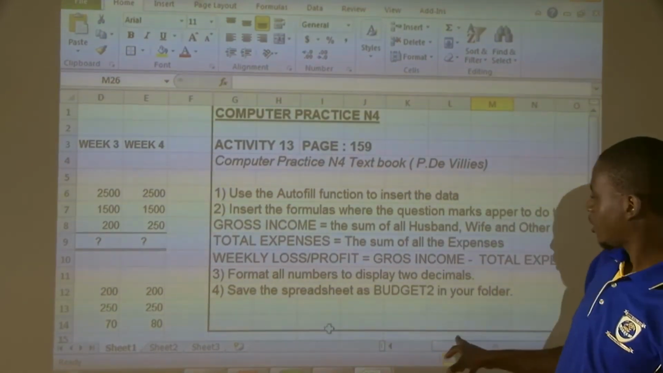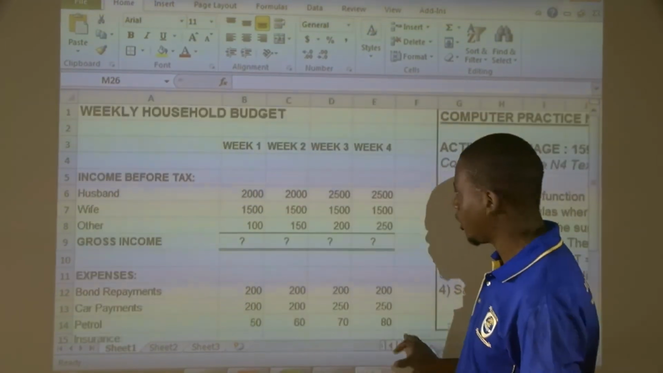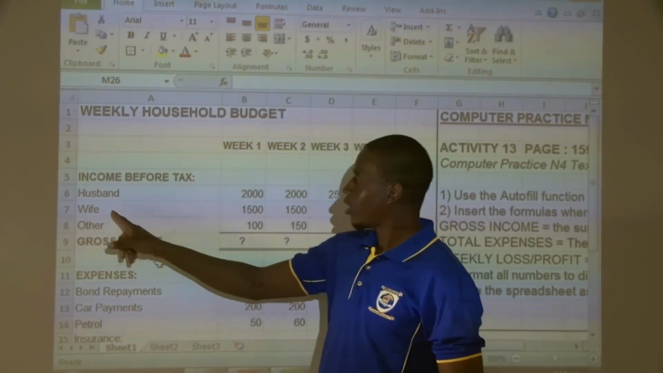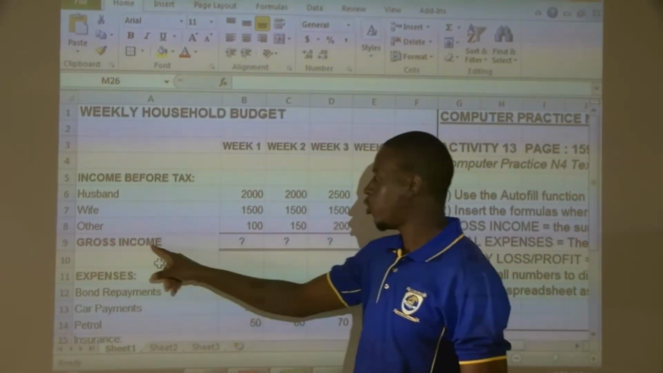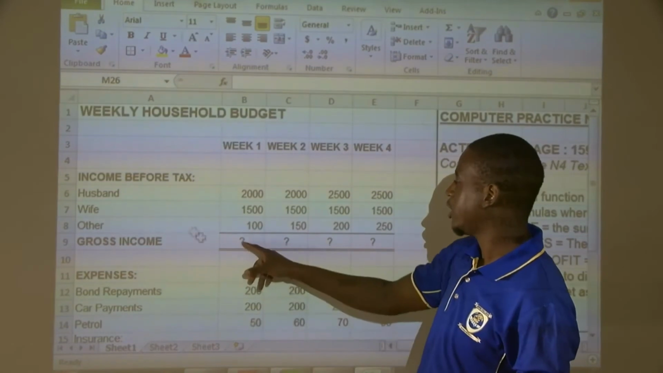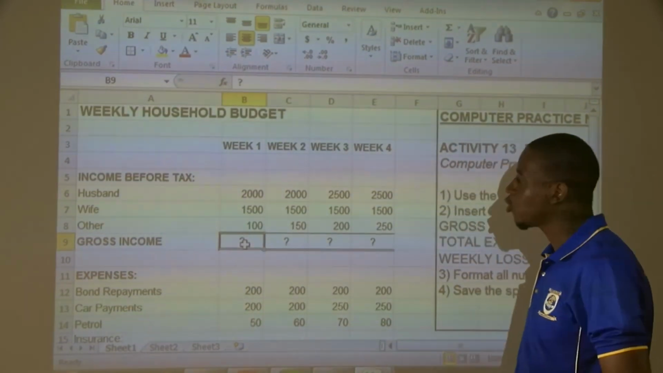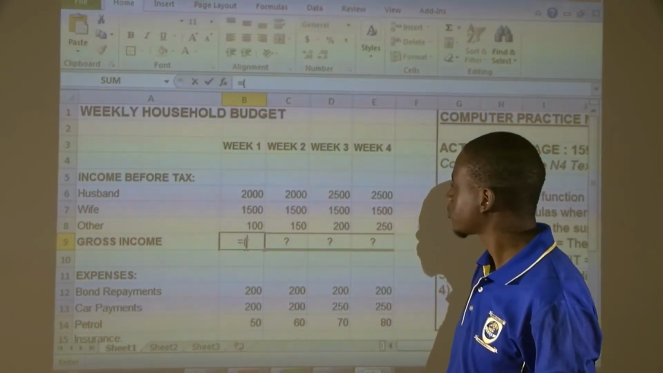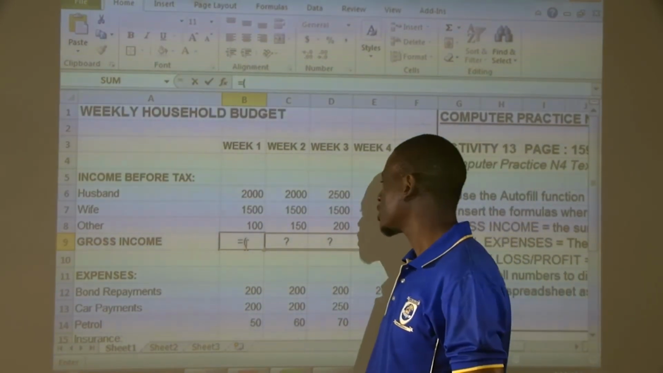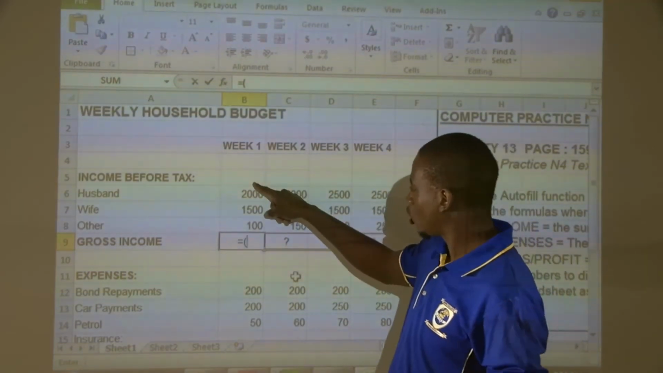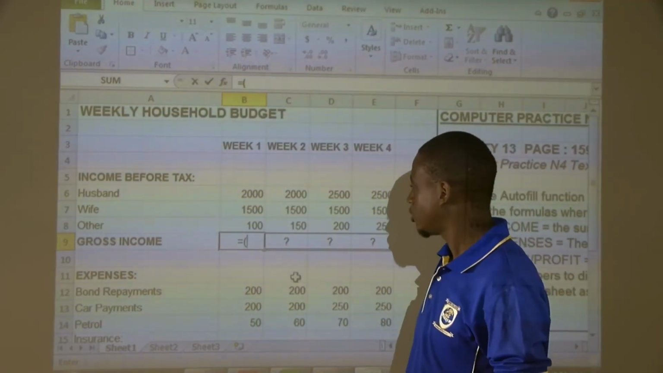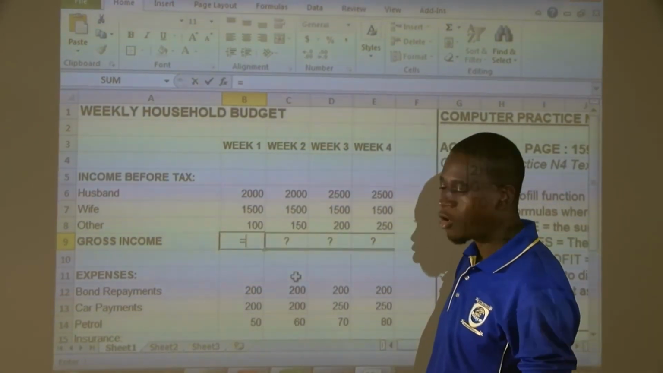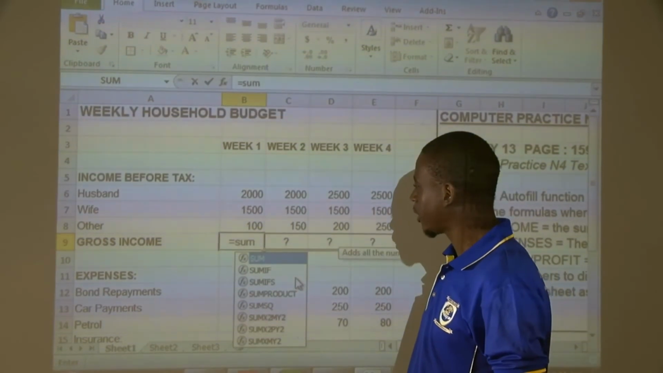Gross income is the sum of all husband, wife, and other. Let's scroll here. So this is our income before tax. Husband, wife, and other. We are looking for our gross income there. Can you put our cursor here? Now our formula becomes equal to sum, open brackets, equal to sum, remove the bracket, equal to sum, open bracket,